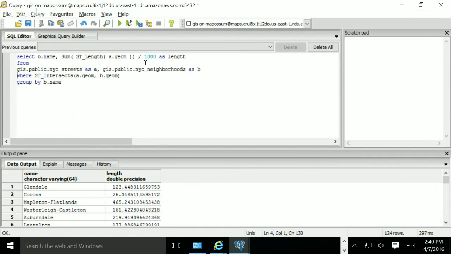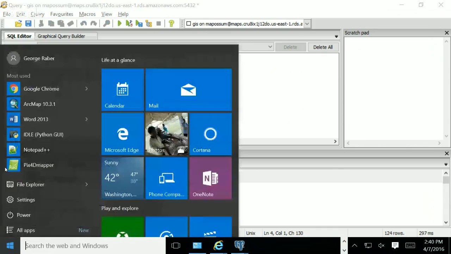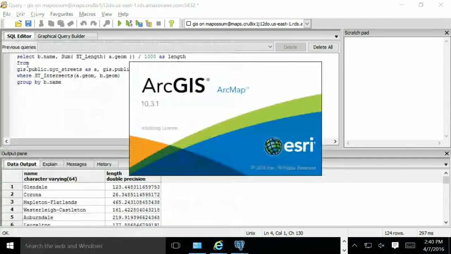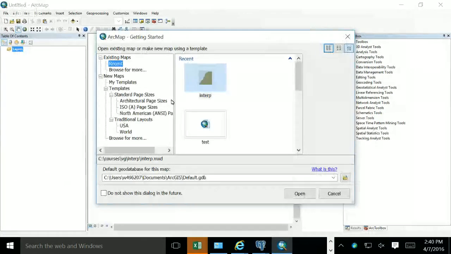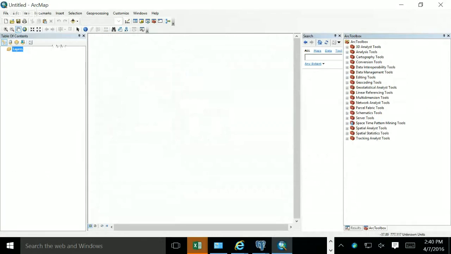All right. So the last step is doing this in ArcGIS or QGIS. I know we have QGIS up here. I'm not sure if we have it down on the coast. So I made this example in ArcGIS. So we open up ArcMap, and we can just hit cancel, get a blank page,